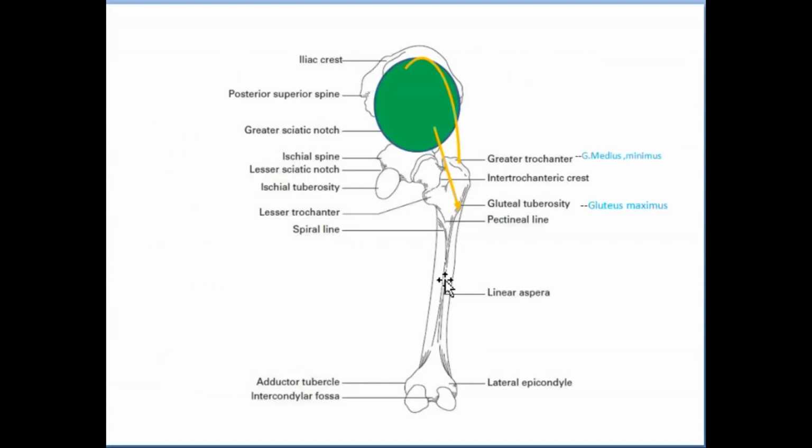So here, if you remember, I told you that the outer or external surface of this is known as the gluteal surface, the gluteal surface on the ilium bone, if you all remember. So this green color is representing the gluteal surface, from where the